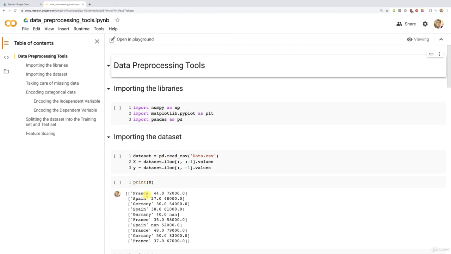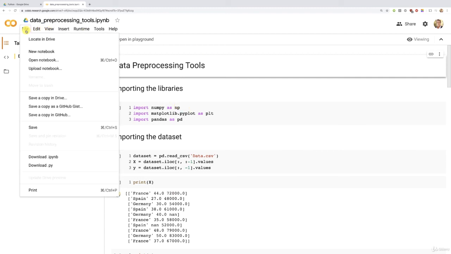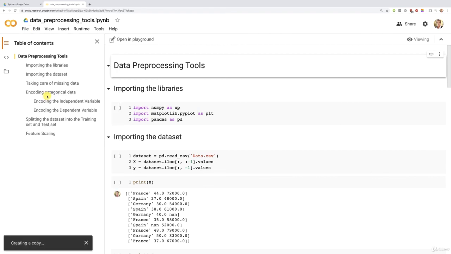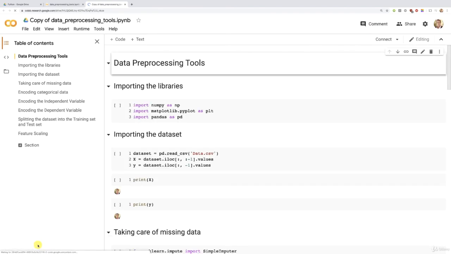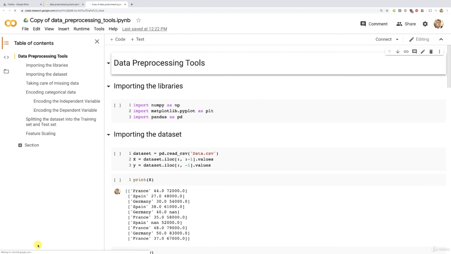And to do this, because remember that this Colab file is actually in read-only mode, we'll have to create a copy by clicking File here and then Save a Copy in Drive. This will, as you can see, create a copy of this Google Colab implementation which you will be able to modify and mostly code your own implementation. All right, and that's exactly what we're going to do now. We're going to actually